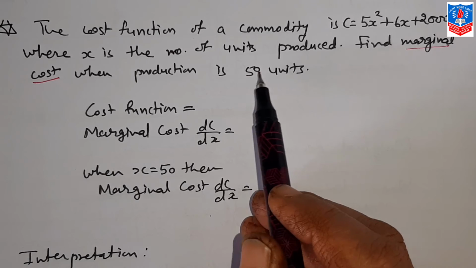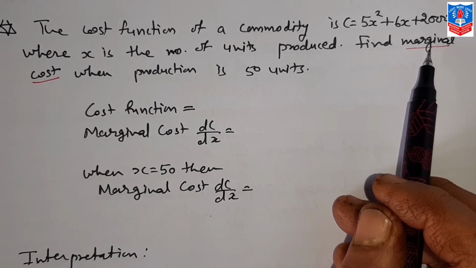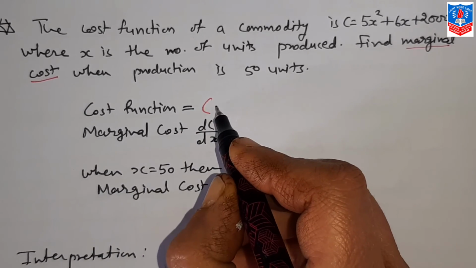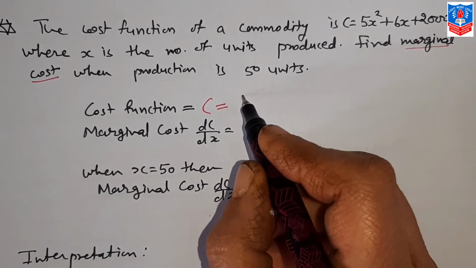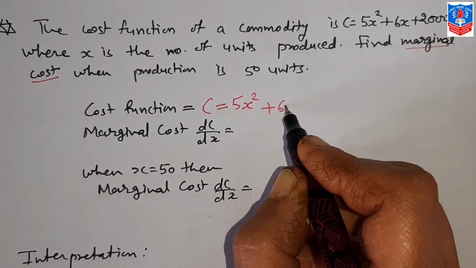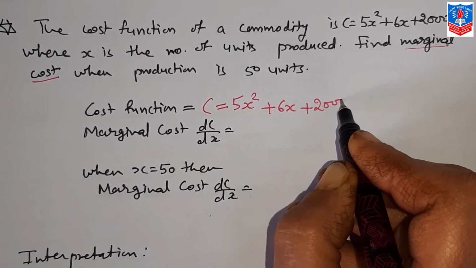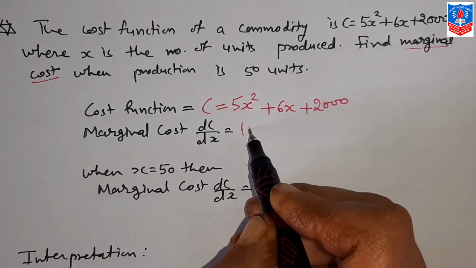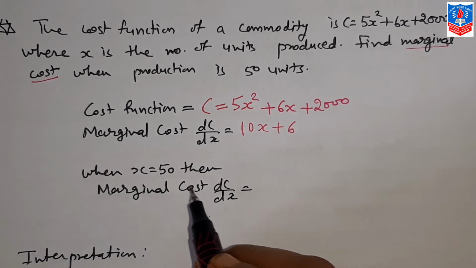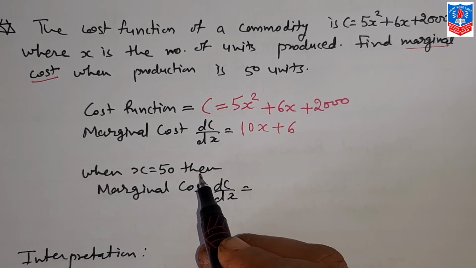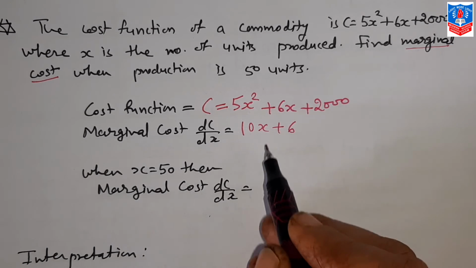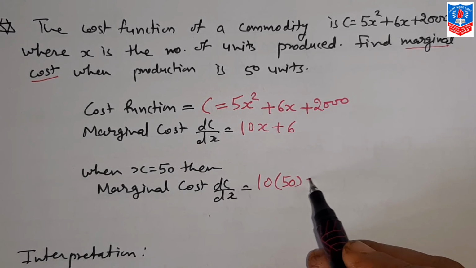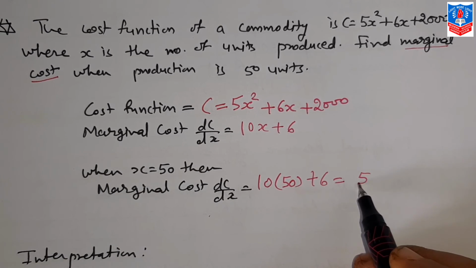Now the cost function C is equal to 5x square plus 6x plus 2000. We find marginal cost dC upon dX, which will be 10x plus 6. When x is 50, the marginal cost will be 10 into 50 plus 6, which will be